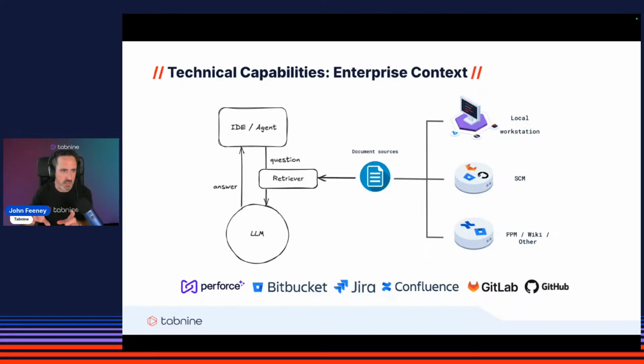you have the IDE or the agent or the CLI, whatever the client is. Through this client, the user will ask a question of the assistant or the model. There's a retriever that kicks in, and it performs a semantic search or a similarity search against a document repository. This document repository is what's called a vector database, and it contains a representation of various, and I'm going to use the term loosely, documents from around your organization.